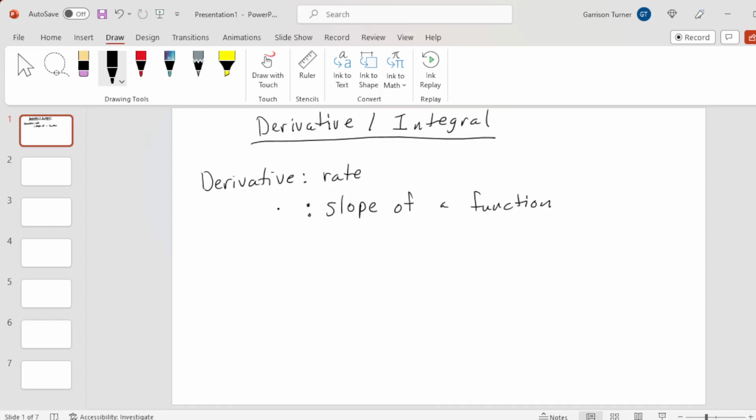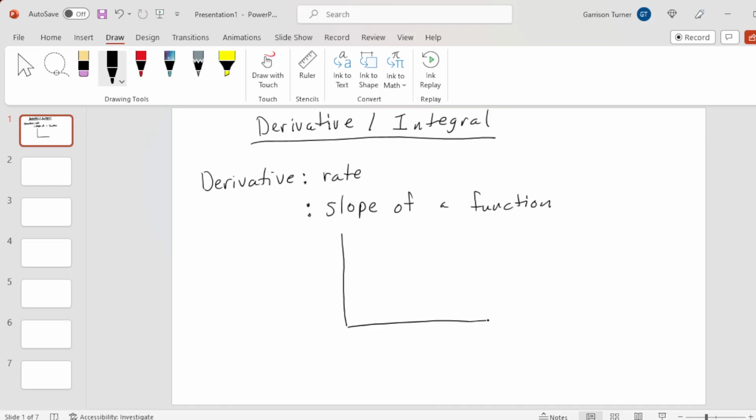So when we take the derivative, we are taking the slope of a function, and we can either take the derivative of a function and just keep that result, or we can take the derivative of a function and then evaluate that result at a particular point. Okay? And we will do some examples of this. But to motivate what the definition of the derivative does,